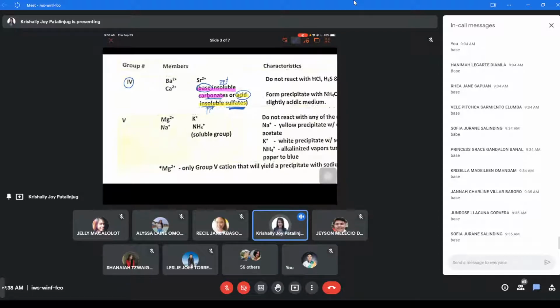So what are the ions under group 4? We have barium, calcium, and strontium. Okay, so pwedeng wala nang mnemonics dito or kung gusto ninyo may mnemonics, I will share it again. So ang mnemonics naman dito is yung